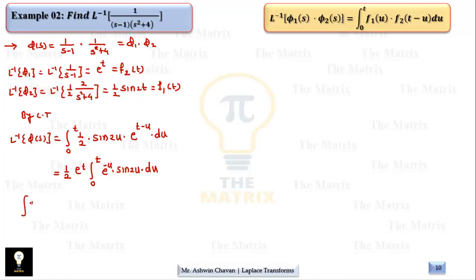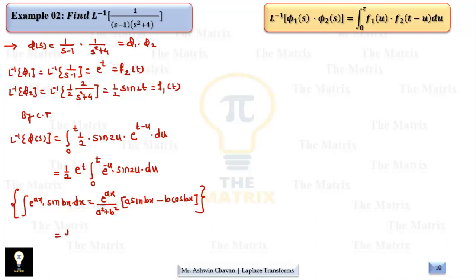This is of the form integral of e raised to ax into sine of bx dx. So the value of a here is minus 1 and b is 2 if we compare. So this integral is nothing but e raised to ax as it is upon those constants squared, that is a square plus b square, and this is (a sine bx, then minus b cos bx). This is the formula for the integral of such type, that is the integral of an exponential with sine. A similar formula we have for cos with a little change. Okay, so if we compare, we get the value of a as minus 1, b as 2. So let's apply this formula.